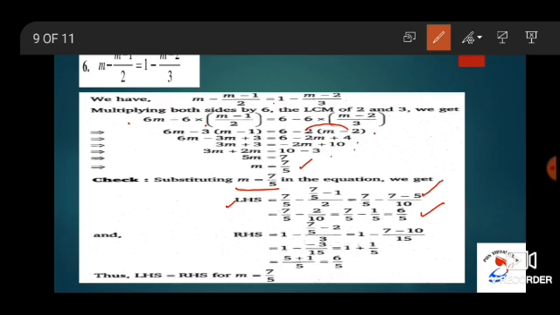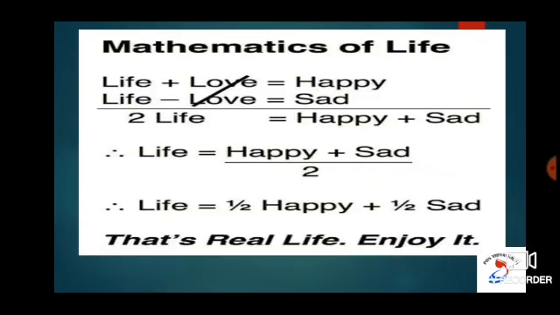Now I have to check whether I am getting the same result for RHS also. In the RHS, 1 minus (7 by 5 minus 2) by 3 is equal to 1 minus (7 minus 10) by 15. On solving this, on the right hand side, you will get the result as 6 by 5. So it is satisfied for LHS and RHS. The result is 6 by 5. Now to conclude, the solution for this problem is m is equal to 7 by 5. This completes this problem.